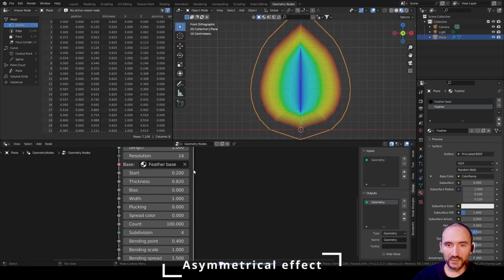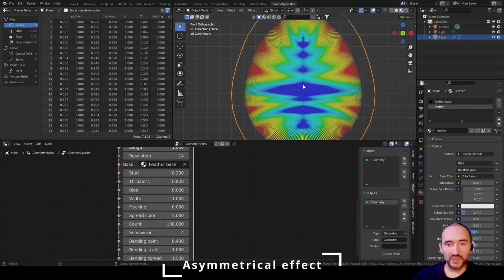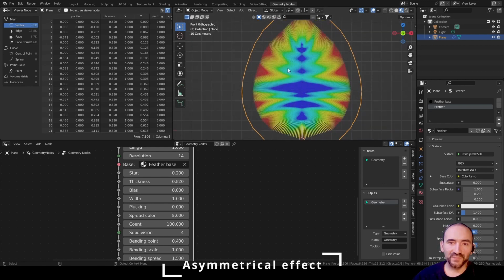Now next part, if I increase the spread color, you see a symmetric behavior on this feather, and this is not very realistic. So we need to change this spread between these two sides. To do this, we need to have a value for all the points to the left of this axis and another value for all these points to the right, and we have to save these values for all the points